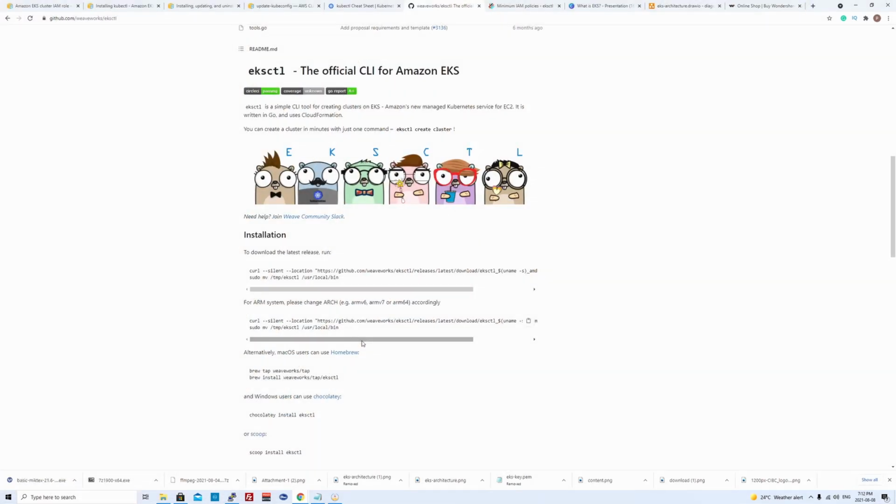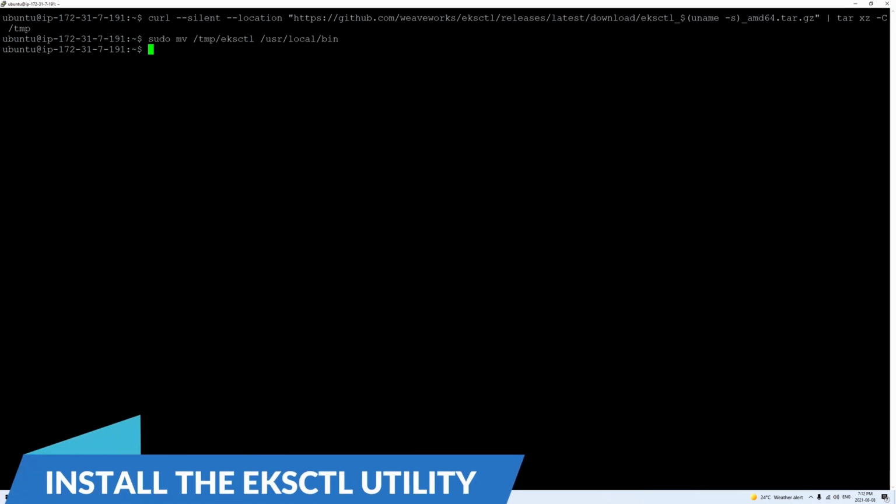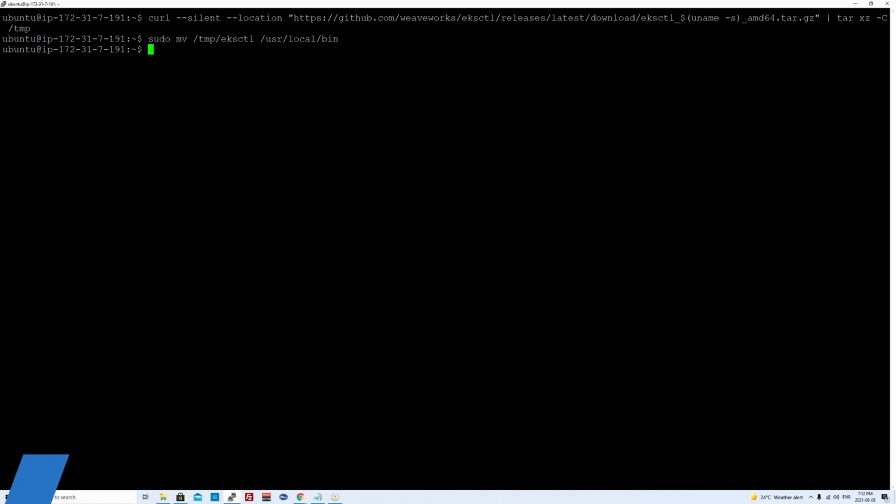Okay, so let's just go ahead and install the utility and create our cluster with it. So I'll just copy the commands from here and run it over here in my PuTTY session. Remember, it still needs to have your kubectl utility to interact with the cluster and AWS credentials so that it will have the permission to create the cluster with this EKSCTL utility. So if you haven't done so far, or if you have cleaned up the previous server, then you could do an AWS configure to configure the credentials using the secret access key, and you could install the kubectl utility as well.